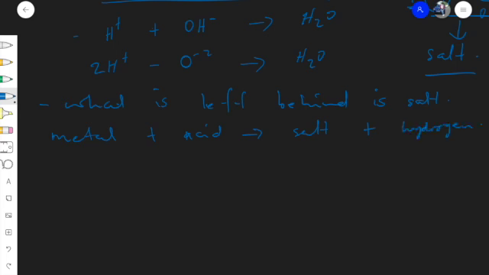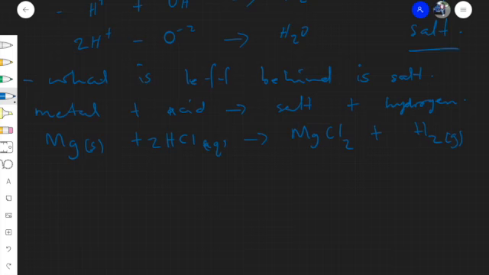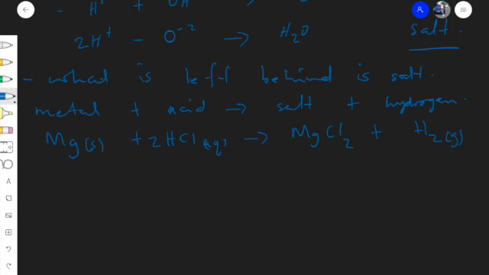Let's give an example, which can be magnesium plus hydrochloric acid. Obviously we need to put states: this is aqueous, this is a solid salt. So we get magnesium chloride plus hydrogen. We need to balance this, and this will look like this. And obviously what you need to be able to know is that this is a reaction. So what has happened, this